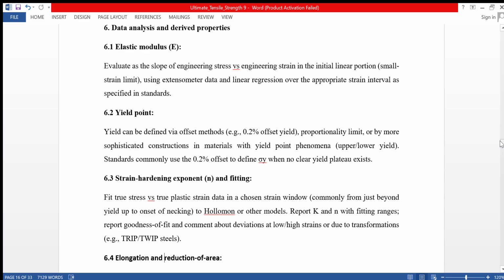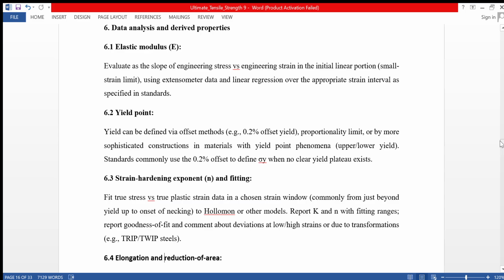For the strain hardening component, fit true stress versus true plastic strain data in a chosen strain window to Hollomon or other models. Report K and n, fitting ranges, goodness of fit, and comment on deviations at low or high strain or due to transformation, for example TRIP or